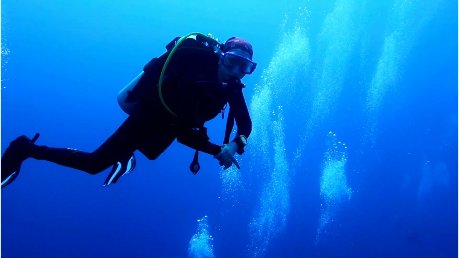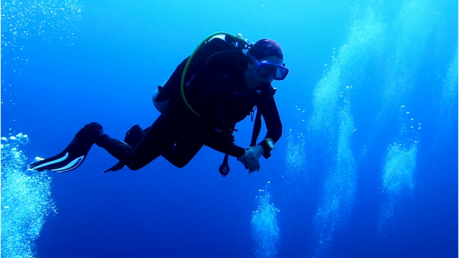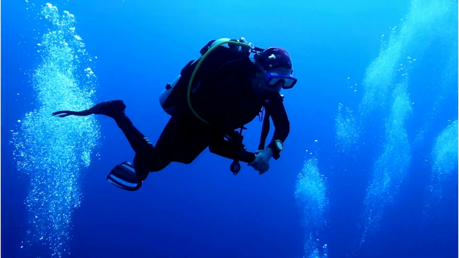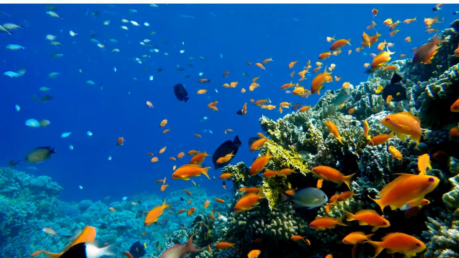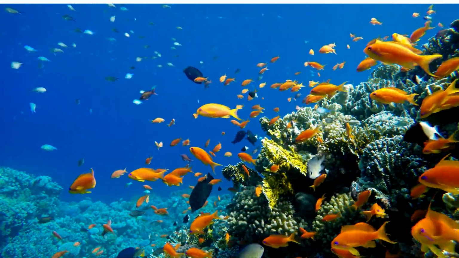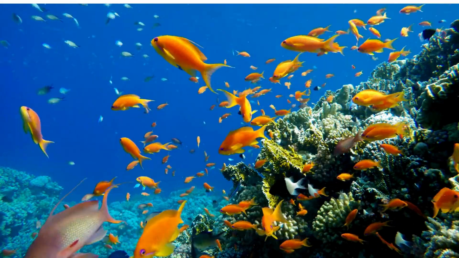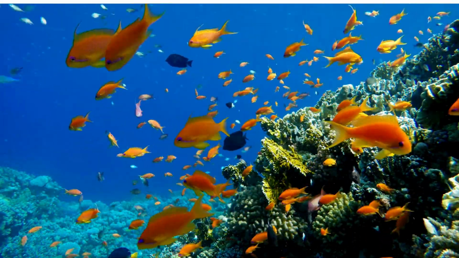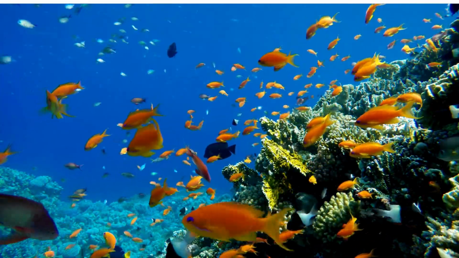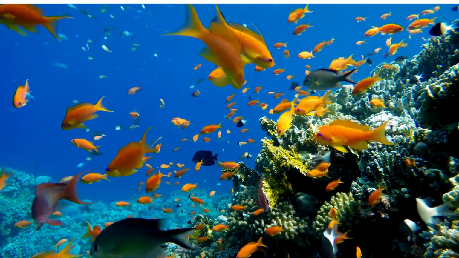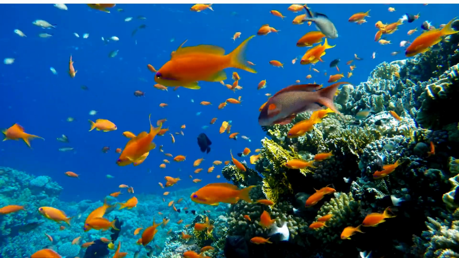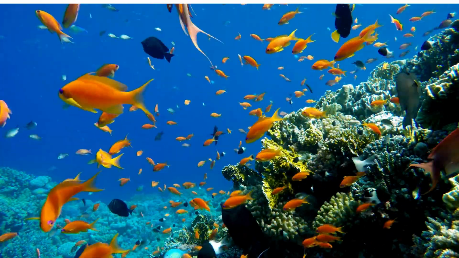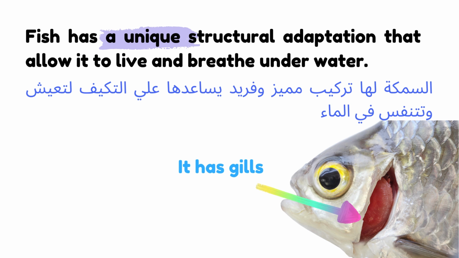So as you see here, this diver cannot breathe underwater without the oxygen tank. Okay, so how for these fish to live in the water and breathe under the water? So they must have adaptations that help them to live under the water, even sea or river. Okay, so fish actually has a unique structural adaptation that allow it to live and breathe underwater,